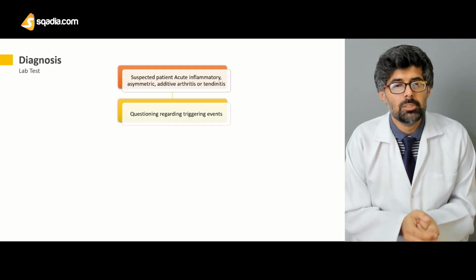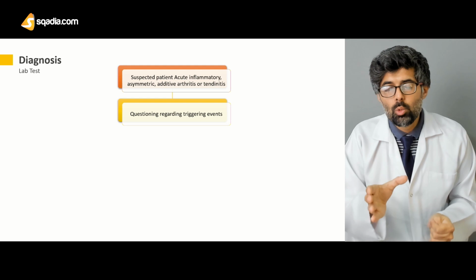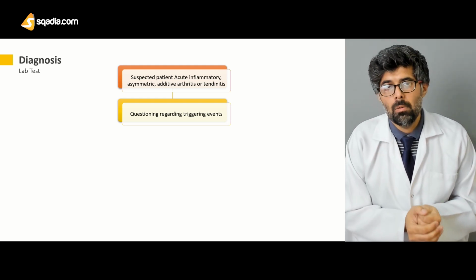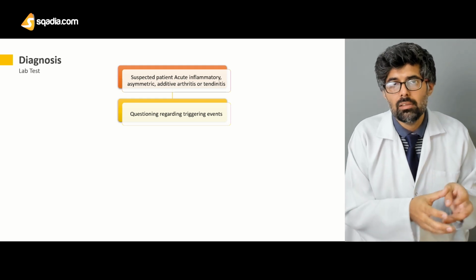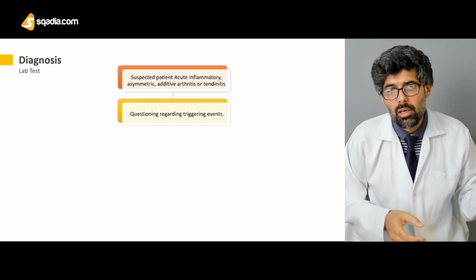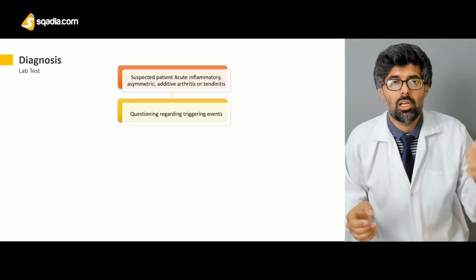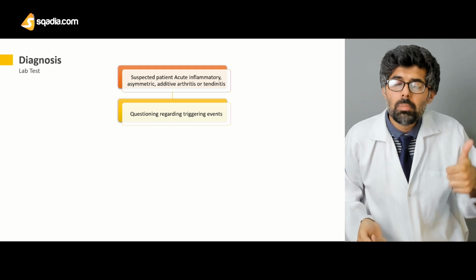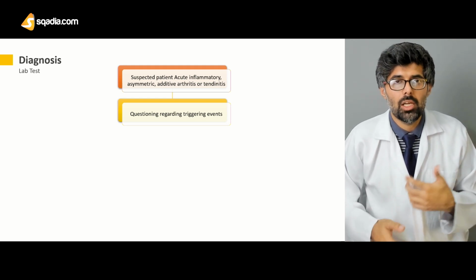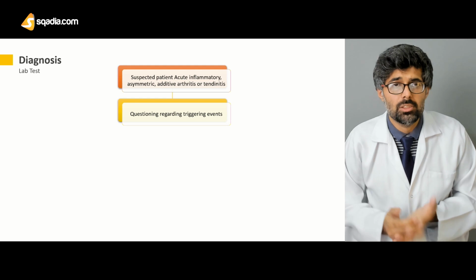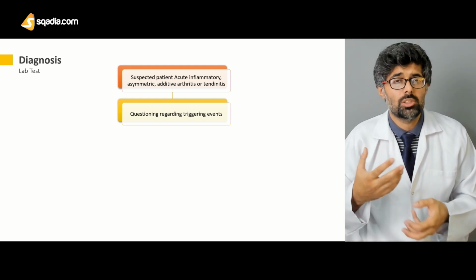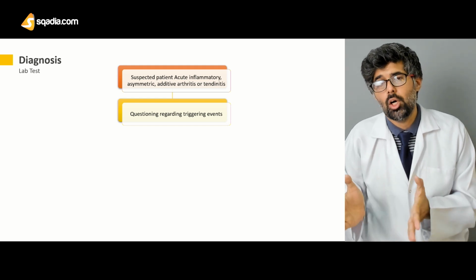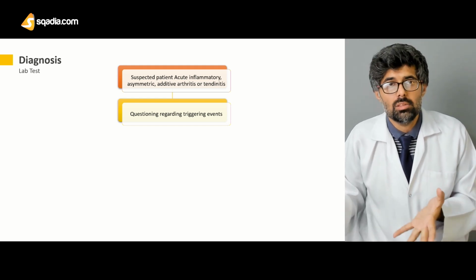Now, when you have a suspected patient, the questioning should be more about the triggering events. Usually, like I said, the triggering bacteria can be of two origins. They can be either enteric or urogenital. Now, enteric bacteria can result in some kind of a problem such as diarrhea or some kind of inflammatory bowel disease, or they can result in some kind of urogenital lesion such as